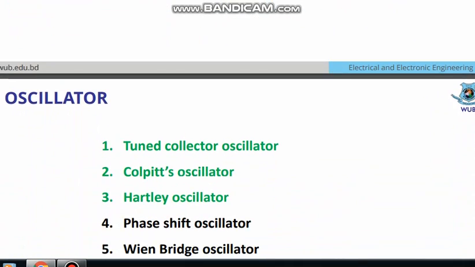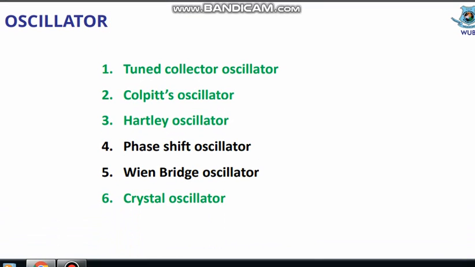There is another part, the classifications or types of oscillators. First of all, tuned collector oscillator, Colpitt's oscillator, Hartley oscillators. They are named after some scientists. Then phase shift oscillator, that means 180 degree phase shift oscillator, 90 degree phase shift oscillators, Wien bridge oscillator, and crystal oscillator. These oscillators are widely used in microcontroller sections, where you use a certain kind of crystal that you choose from the market. It looks like this, a two port steel type component, and here is